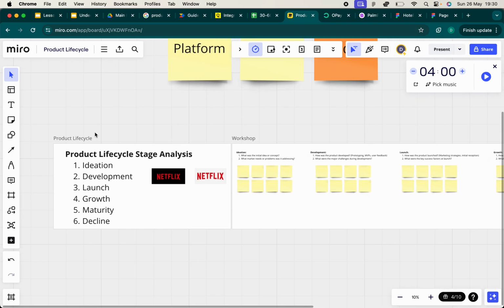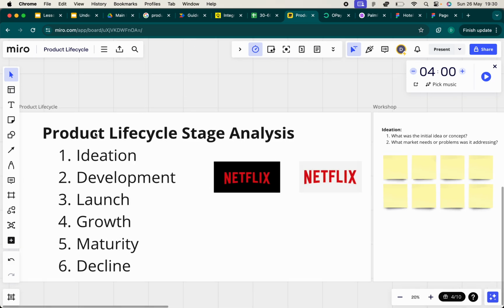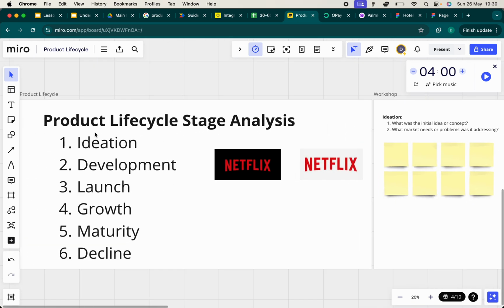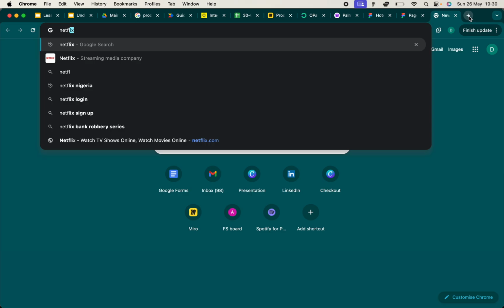Okay, so in this hands-on exercise, we're going to try and think of essentially what are the phases that have been involved in Netflix. So this is Netflix for those of you that have never seen it.